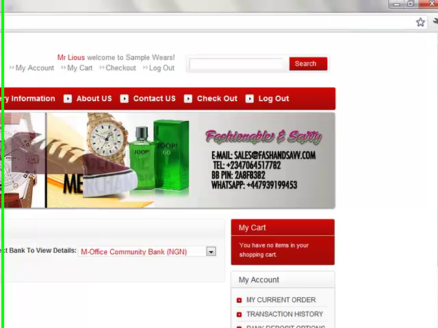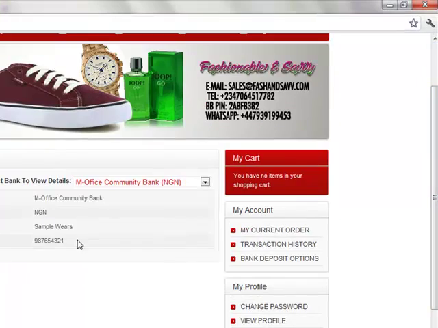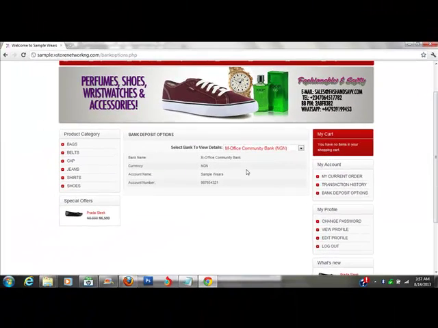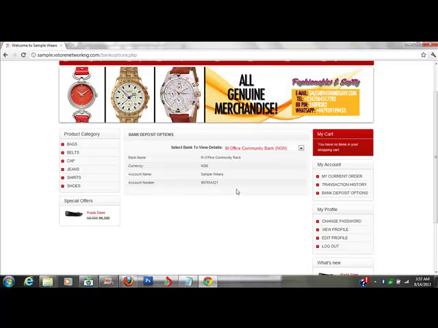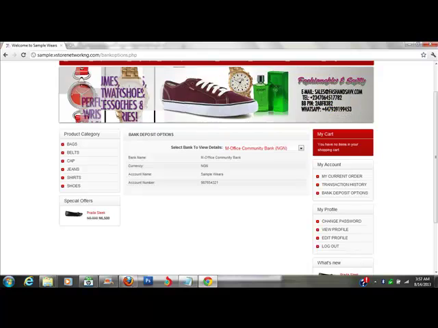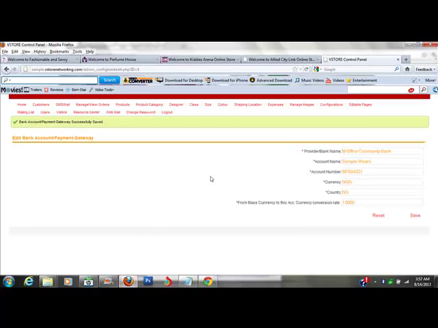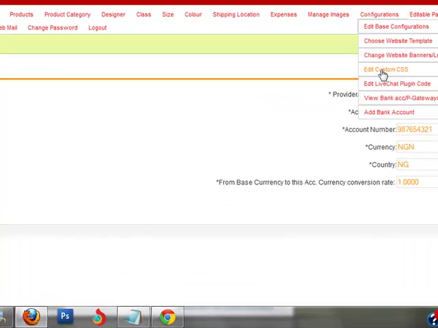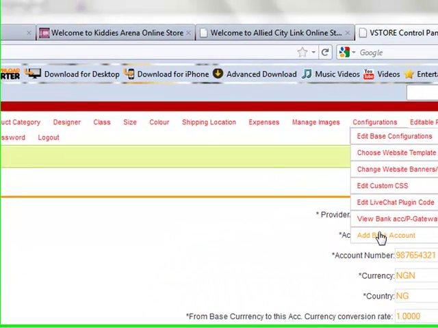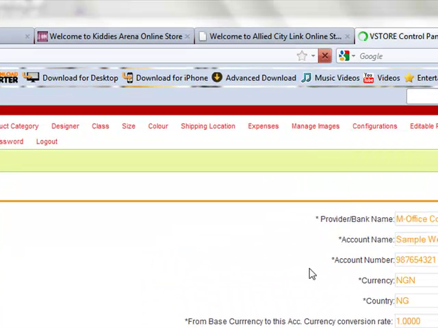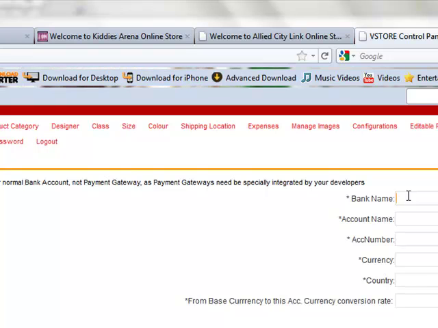If I click on it, I'll see the currency, I'll see the account name, I'll see the account number. This is the information we just added right away. Going back to the admin, you can come here and add as many bank accounts as possible. It's also possible that you have